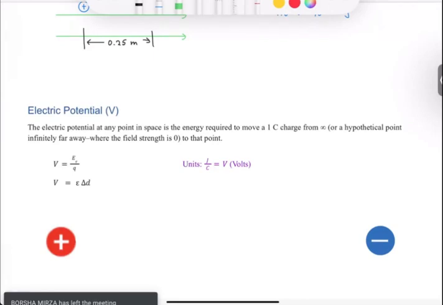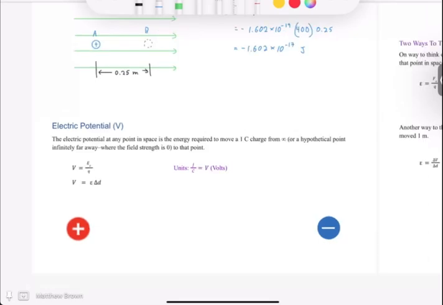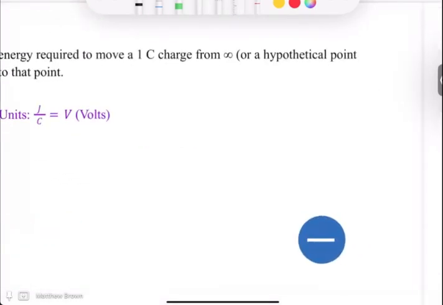And also it's per charge. And we didn't really have an equivalent for that, right? So far, remember when earlier we looked at forces, right? So we had the electric force, and then we had the electric force per charge, which we said, okay, that's just the electric field strength. Now we've got the electric energy, which we just looked at, and now we've got the electric energy per charge, right, which we're